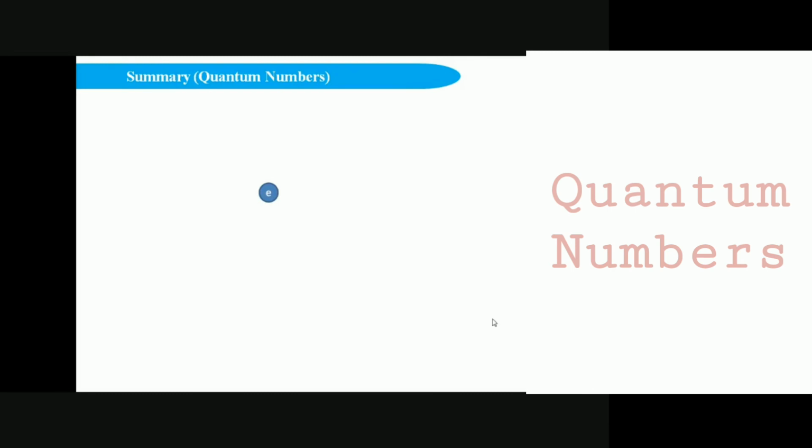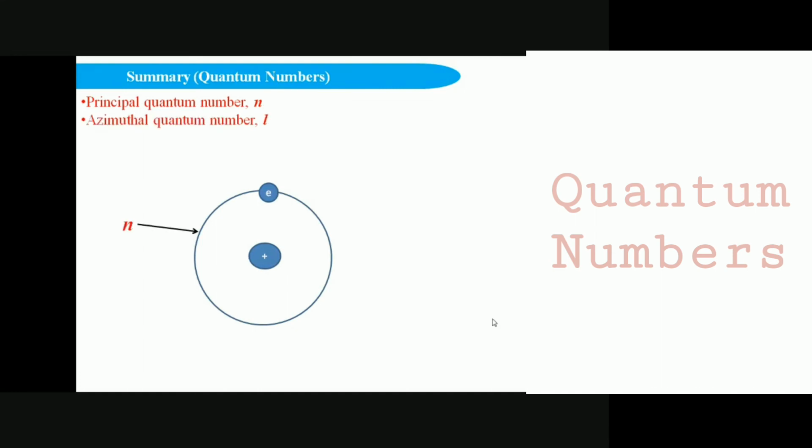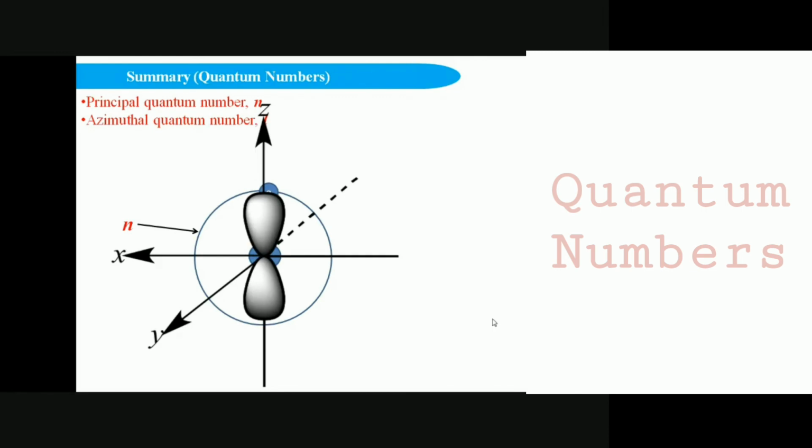This is a summary that we are going to have, and I will discuss an important principle for this. So the first one is the principal quantum number, which tells how the electron is placed. Second is the azimuthal quantum number. It is the orientation of the electron with respect to the nucleus, and it has an angular relation with the nucleus. It is represented by l, like this, as we can see here, the xyz coordinates, and this central dome shape is the azimuthal quantum number l equals 1.